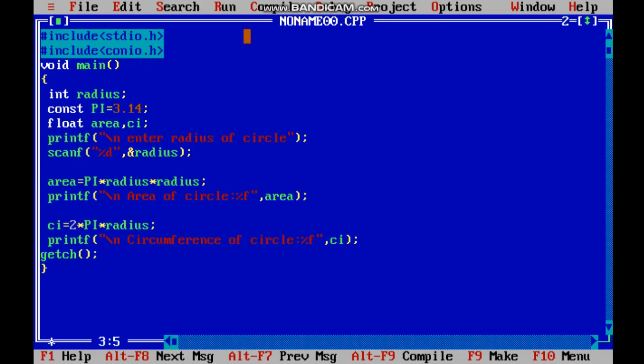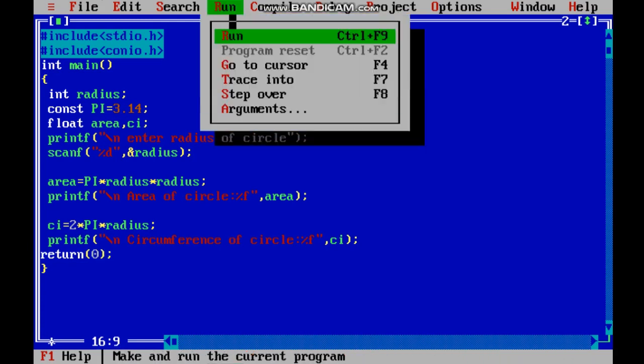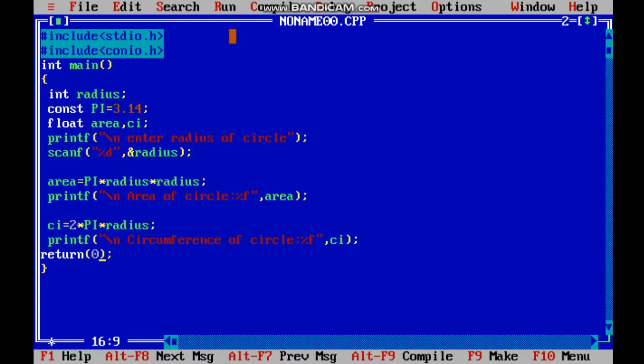Now we saw void main. Now let me show you int main. What is int main? So int main is used when, instead of getch, we have to write return. So in return we have to give a value, say 0. Now when we run this and write 2, see, the screen doesn't stop, it automatically gets back to the same position. So we write getch. Getch holds the screen till we enter a character.